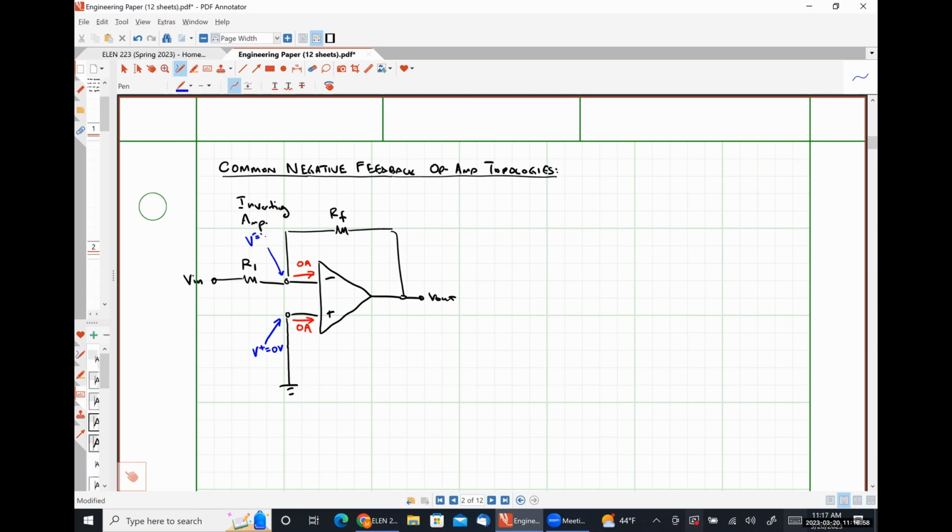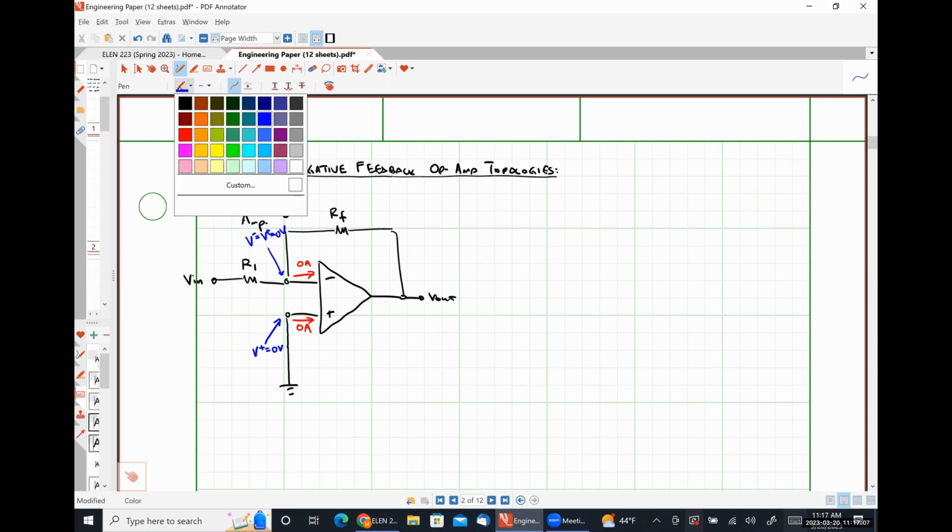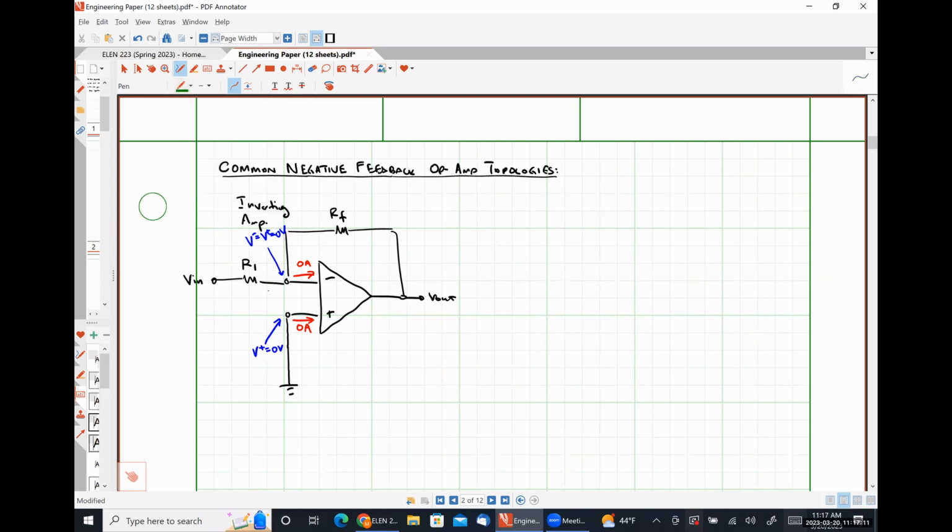V minus is equal to V plus. So this is 0 volts. And now we're going to apply Kirchhoff's current law at the inverting input node. Let's do that in green. So this current plus this current will equal 0. So that's going to look like 0 volts minus